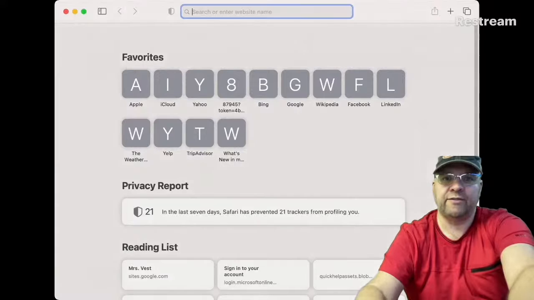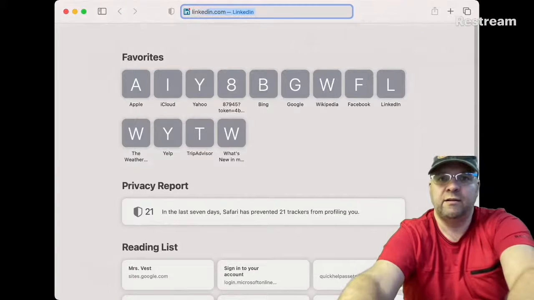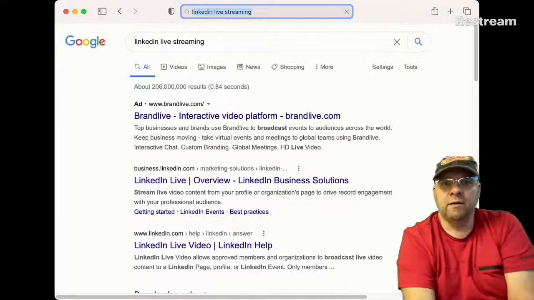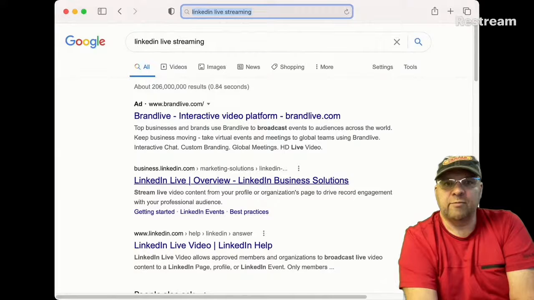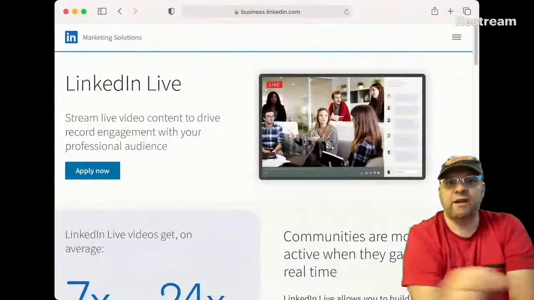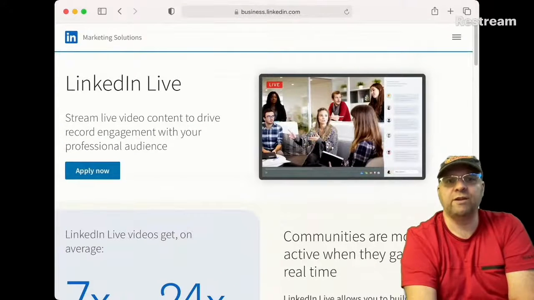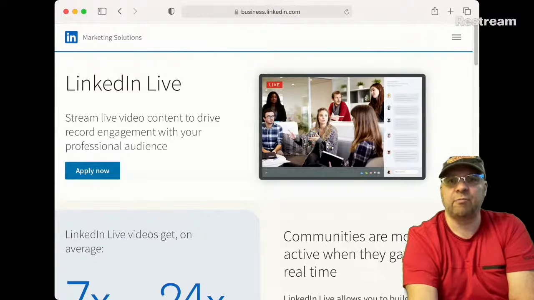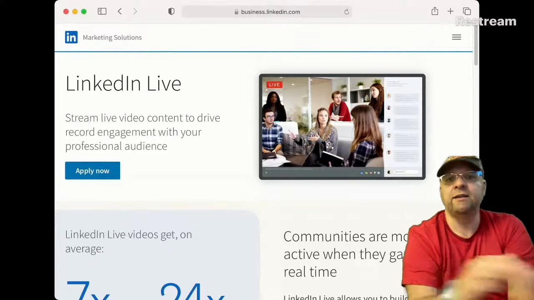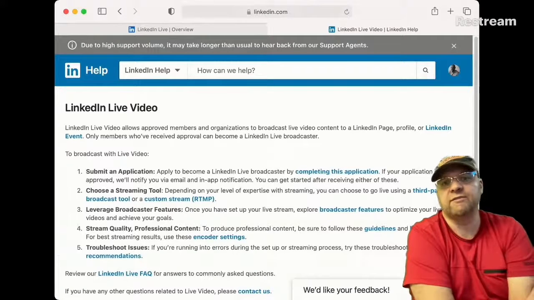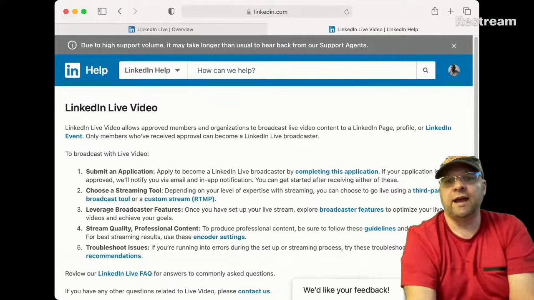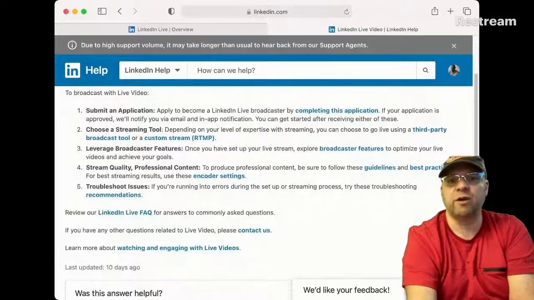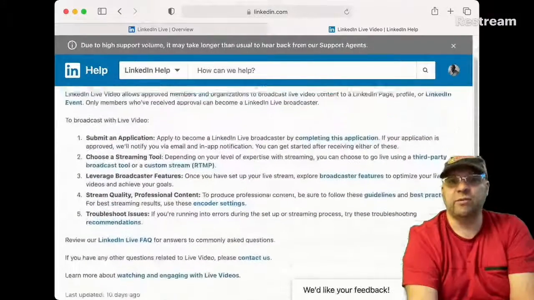And if I do a search in Safari for LinkedIn live streaming, one of the first things that comes up is LinkedIn Live and the overview. What you can do if you have interest in streaming live from LinkedIn is apply for access to live streaming on LinkedIn. And this can be through different streaming tools, Restream being one of them. And through the application,